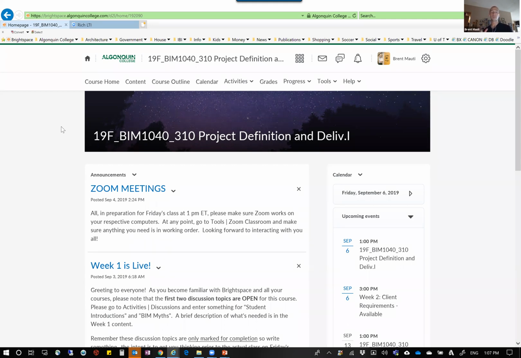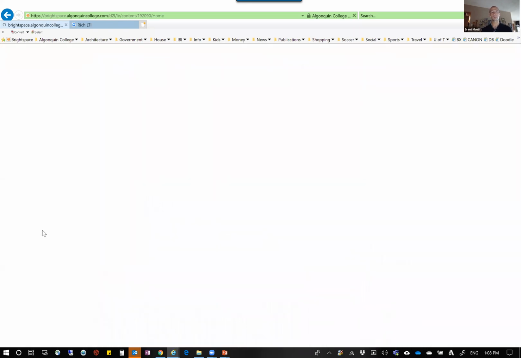The mission of this particular course is how do you define what you have to do for a project, and how do you understand what has to be delivered? And there's a lot to that. So when I pull up the outline, getting our heads around how to actually plan for a project and plan for a deliverable is one of the biggest challenges of this BIM process, and getting over all of the myths around this. So very quickly, if I press on the content button here in Brightspace, you will see,